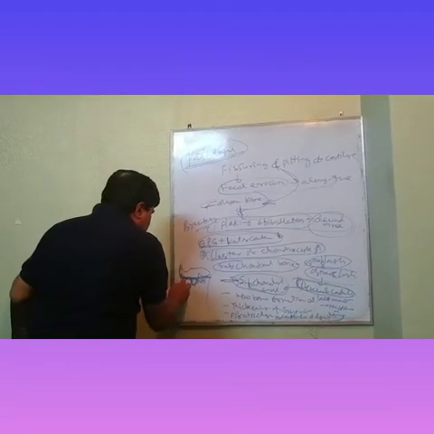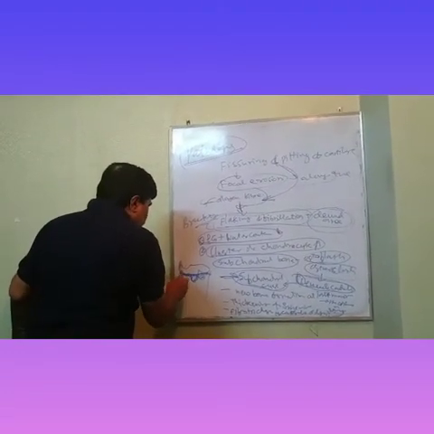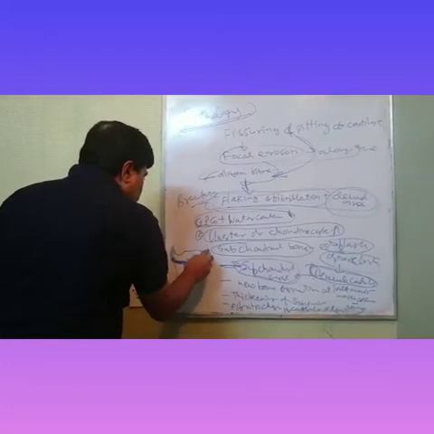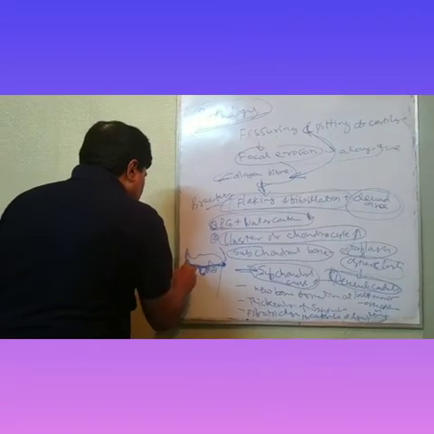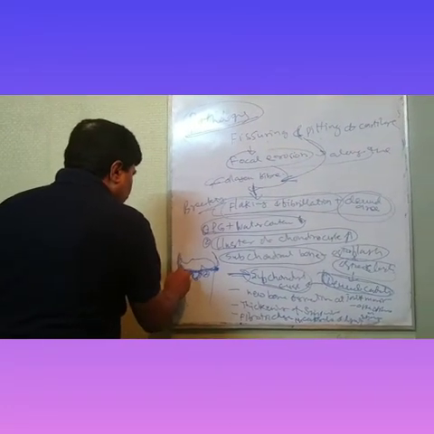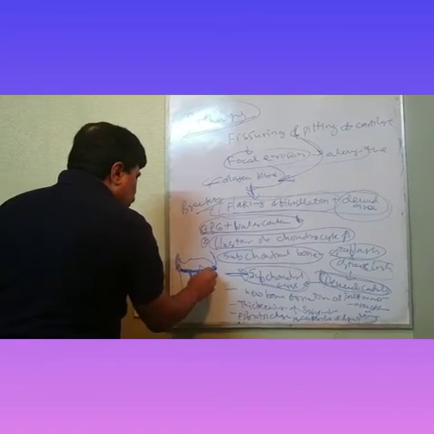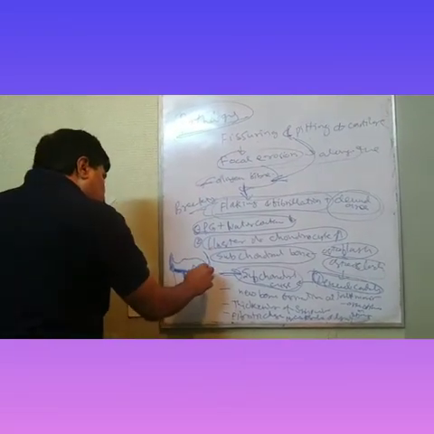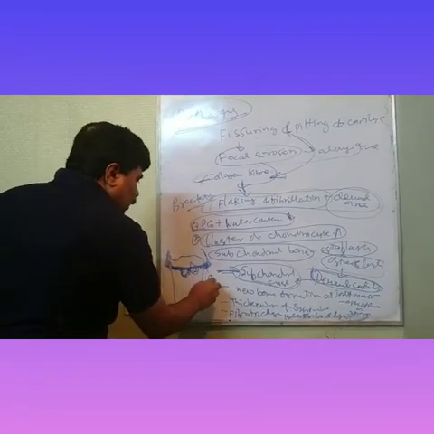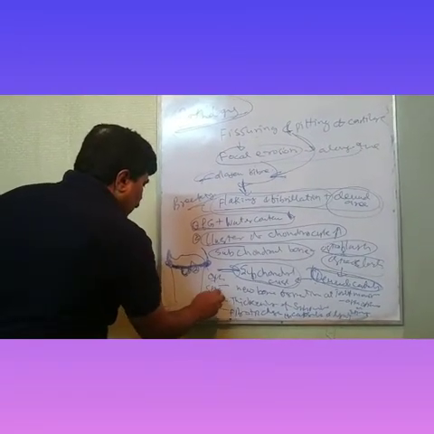So to prevent that, the natural defense mechanism is some new bone formation around the margins, in the capsule and the ligaments. And this new bone formation is nothing but what we call an osteophyte, or a spur. Osteophyte or spur.